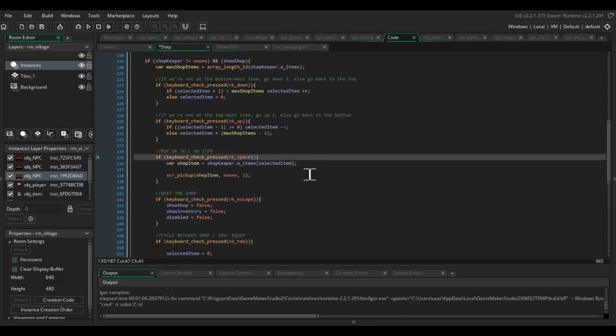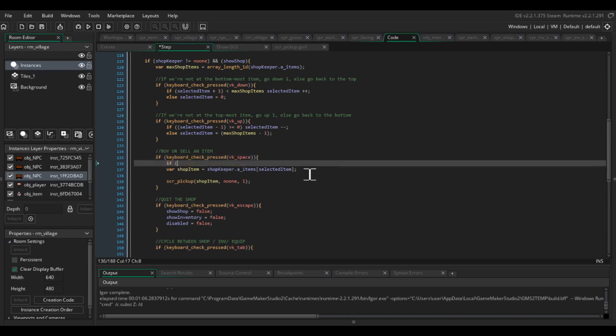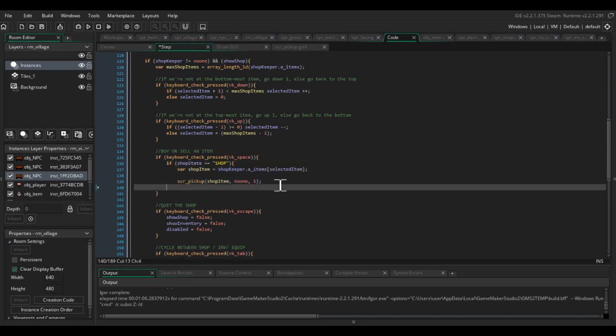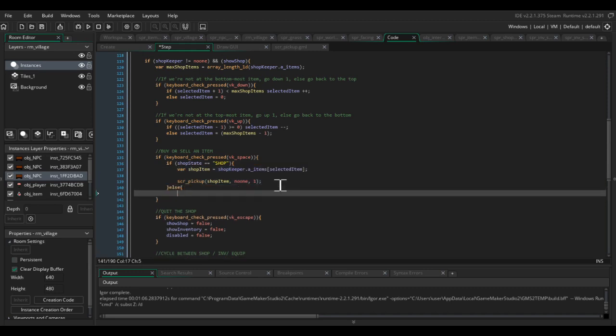So if keyboard check, press space. If shop state equals shop, do this. I'm going to add an item. Else, if shop state is equal to inv,